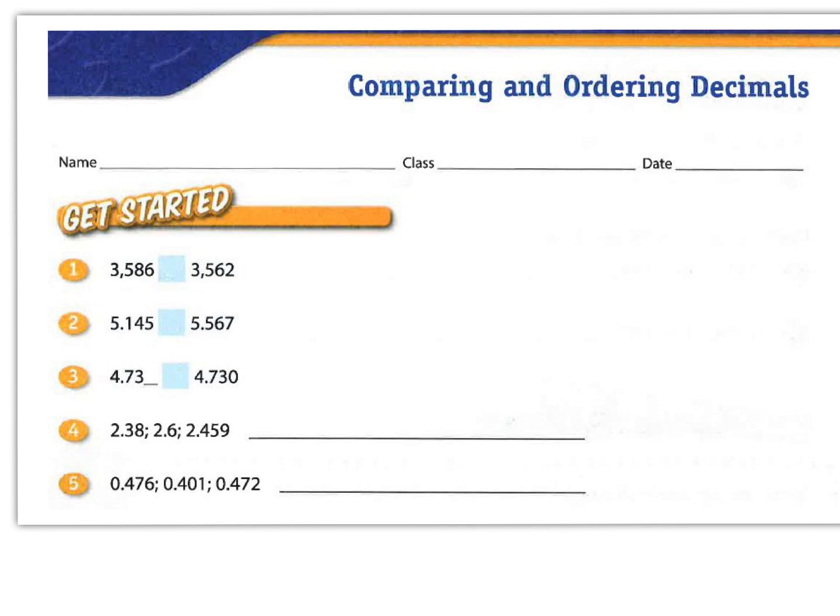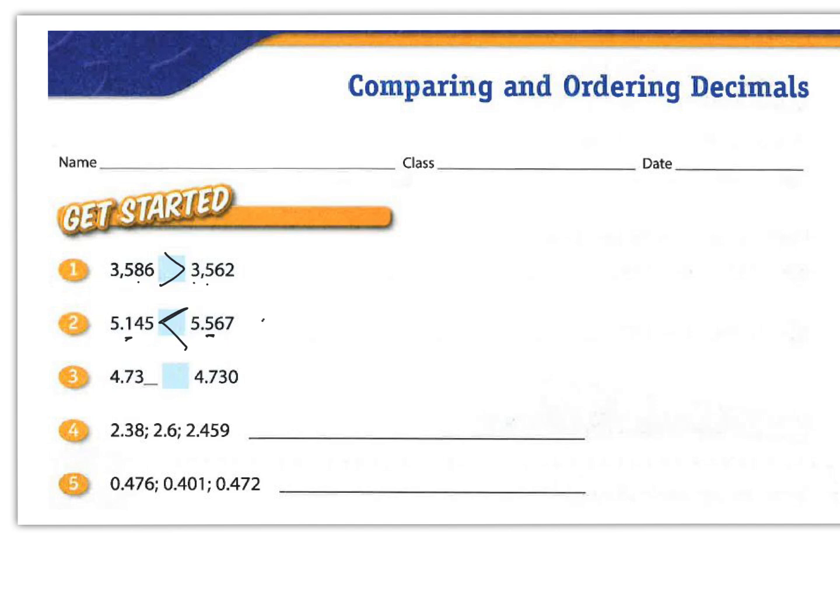We can see we have 3,586 and 3,562. Well, we know that the 8 is greater than the 6, so this one is greater than. Here we have 5 and 145 thousandths. Here we have 5 and 567 thousandths. Well, we can easily see, remember, we look at the place value and we can see that this one is